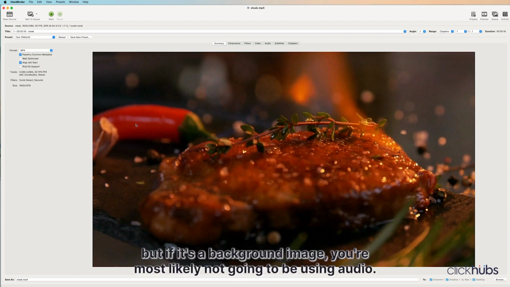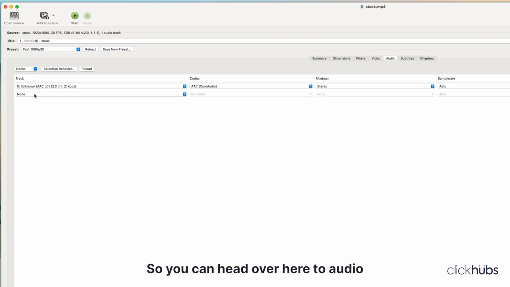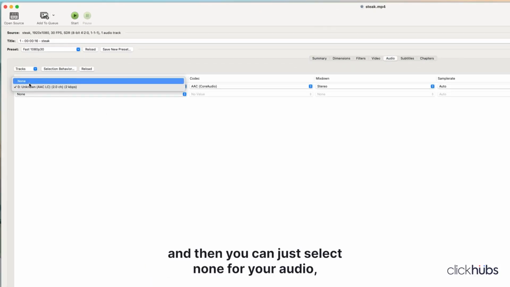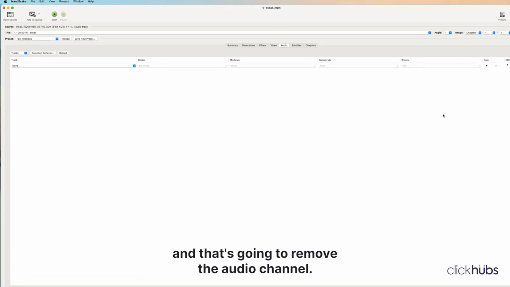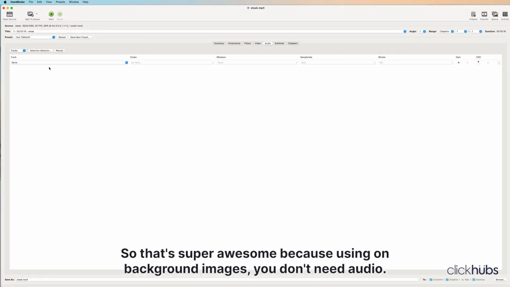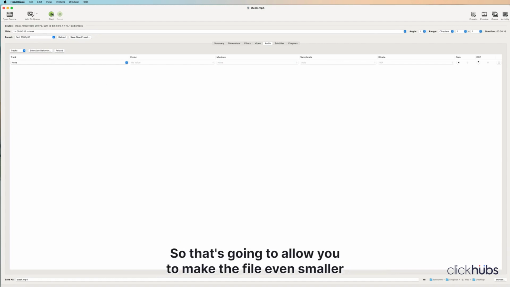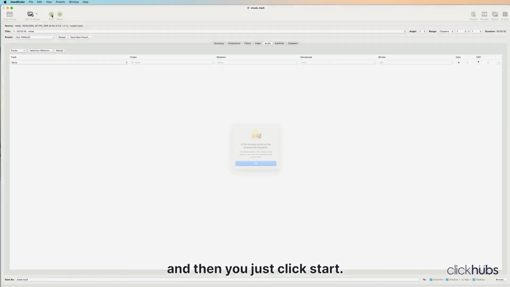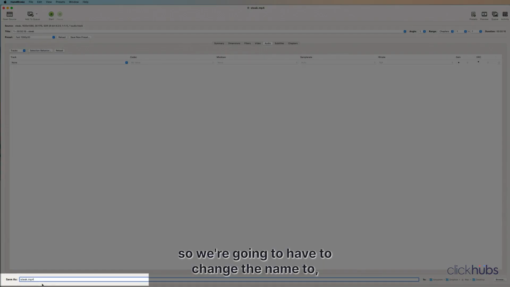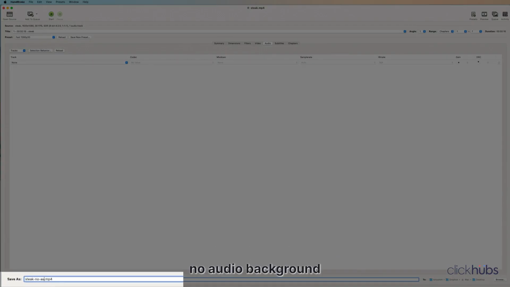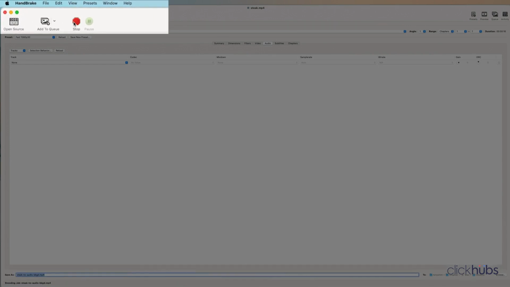But if it's a background video, you're most likely not going to be using audio. So you can head over here to audio, and then you can just select none for your audio, and that's going to remove the audio channel. So that's super awesome, because usually on background videos you don't need audio, so that's going to allow you to make the file even smaller. And then you just click start. It says the file already exists, so we're going to have to change the name to no audio background, and then we can click the play button here,